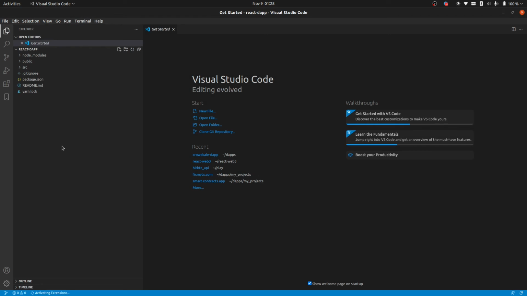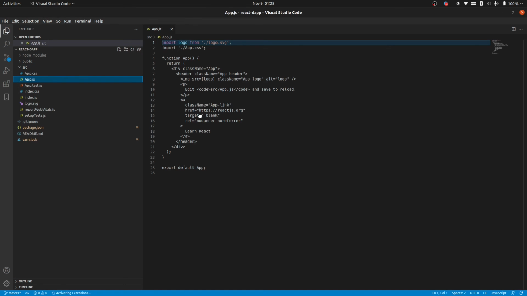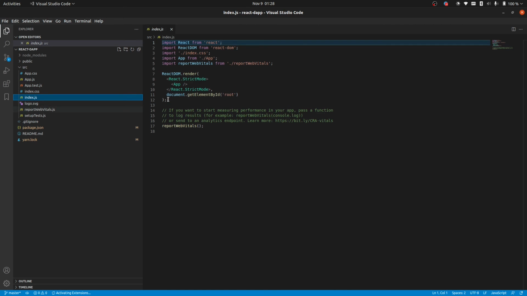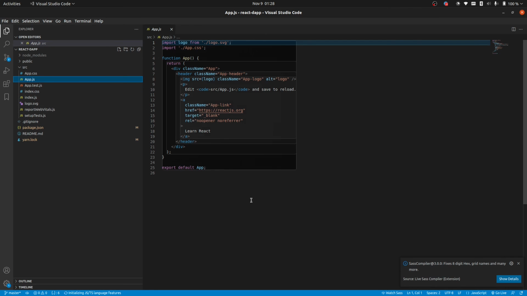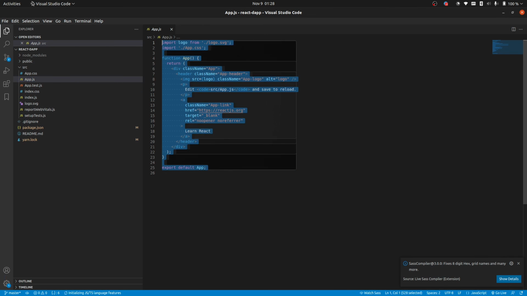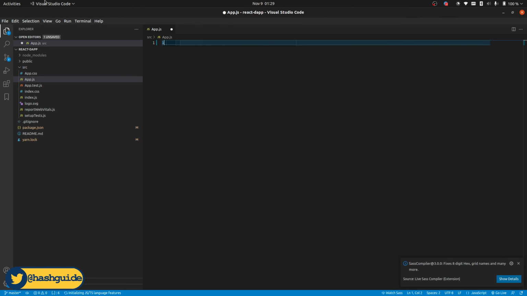Alright, so in a React Dapp, when you use the create React Dapp package, it's going to put all the files you need to edit in the source folder. The main file we're going to be messing with today is the app.js. This is the main component, and they render the component inside the index.js with the React DOM render method. So we can get rid of all this because I'm going to use a class component instead of a functional component. So import React